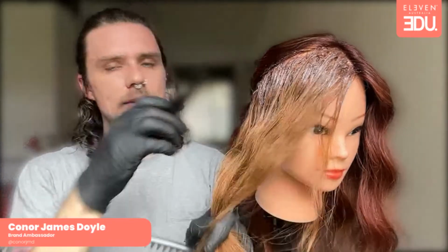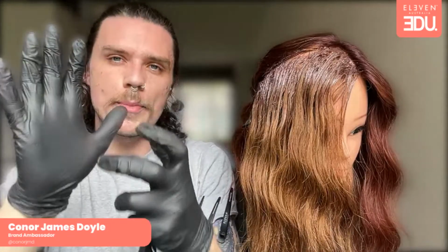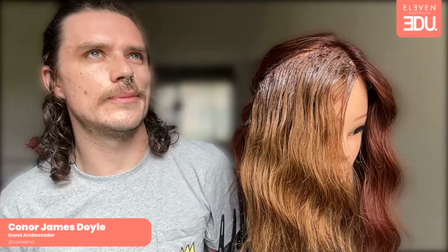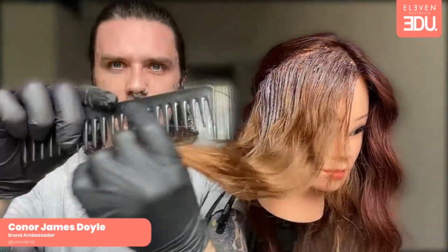The risk that they'll tangle is super high. And if any color builds up in here, if you get a tangle, it will stop and you'll deposit that line into there. So I always use either quite a big almost detangling brush, or something a little bit more wide tooth that I know isn't going to catch and also can't gather any product up here. I always like to blend forward as well,